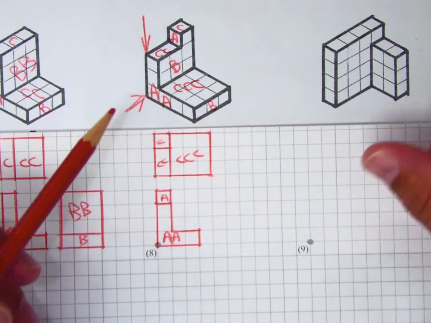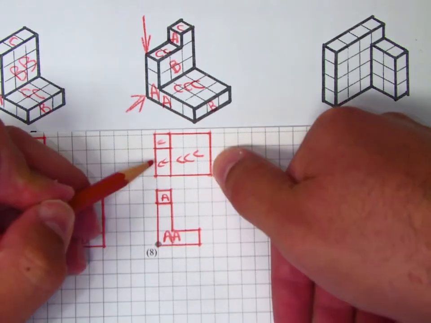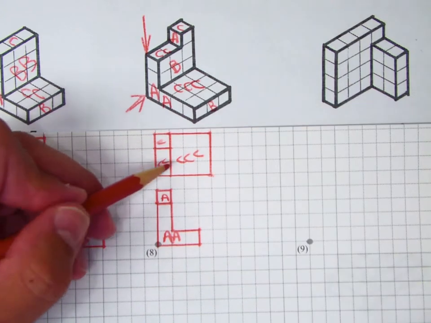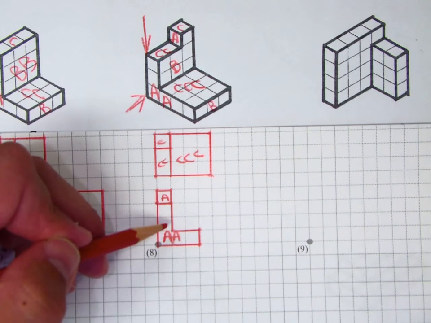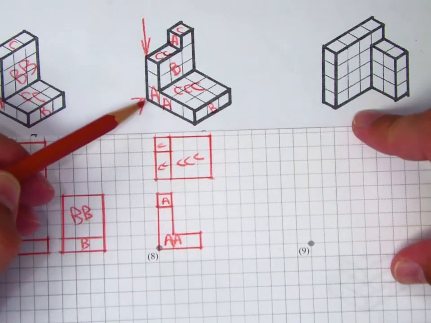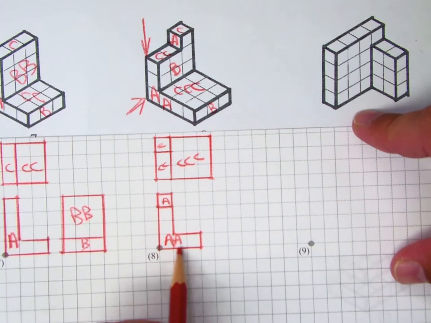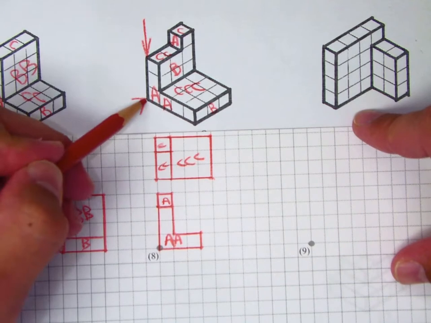I just noticed that the width of my front view is not the same as the width of my top view. So now I have a problem. Either I made a mistake in my top view or I made a mistake in my front view. Let's take a look and see which one it was. I'll go back to my front view, starting in the lower left-hand corner. I'll count how many blocks wide I have, 3, and I will count how many blocks wide I'm supposed to have,